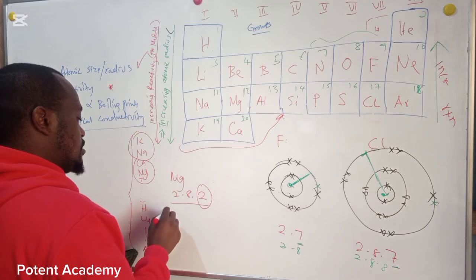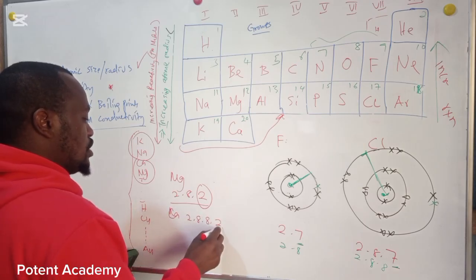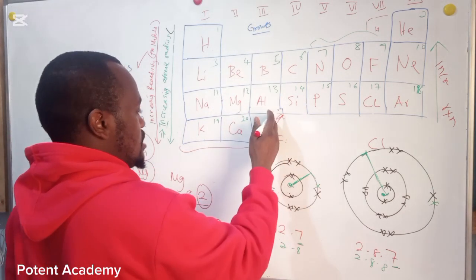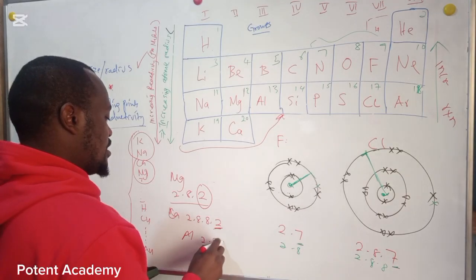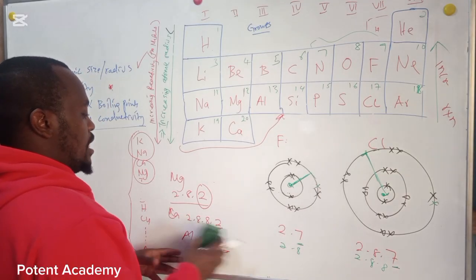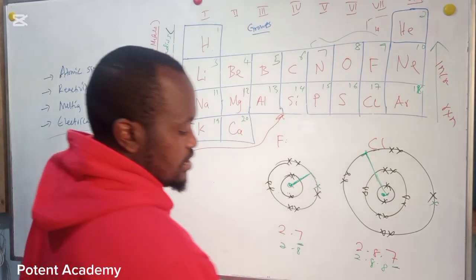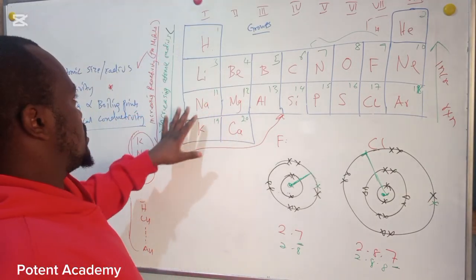Calcium will have 2, 8, 8, 2. It will lose these 2. So this group loses 2, this one loses 3. Aluminium, it is 2, 8, 3. It will lose 3 electrons. So we are going to learn more about the charge, and probably you already know about that, but what is